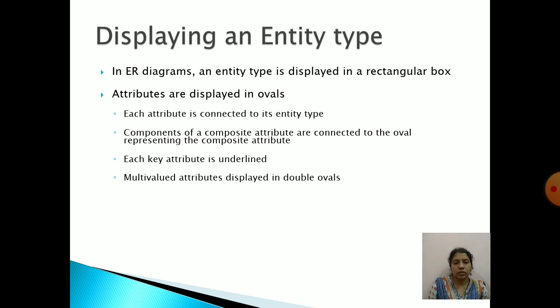Components of a composite attribute are connected to the oval representing the main composite attribute. A key attribute will be underlined, and multi-valued attributes will be displayed in double ovals. These are certain conventions used to represent the attributes and entities in ER diagrams.